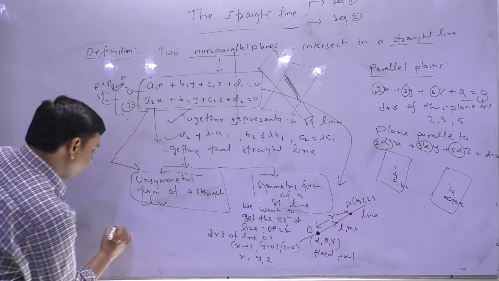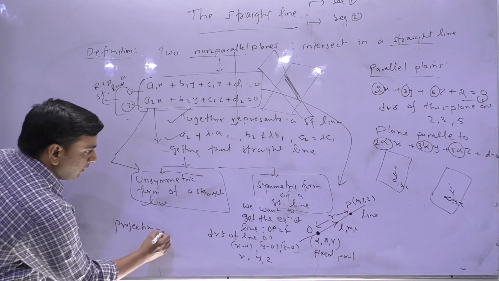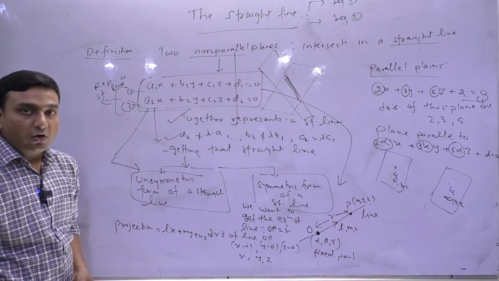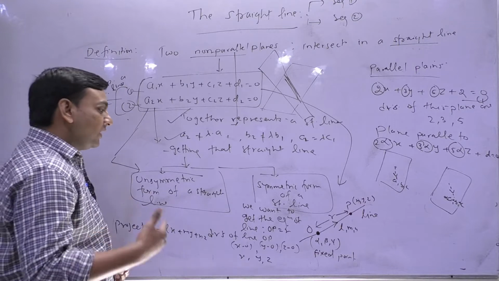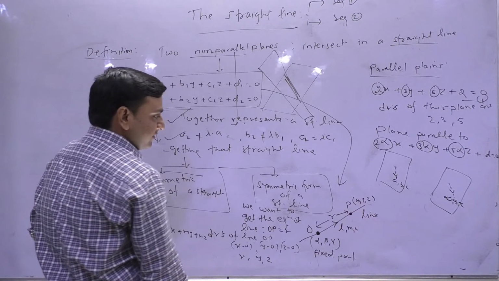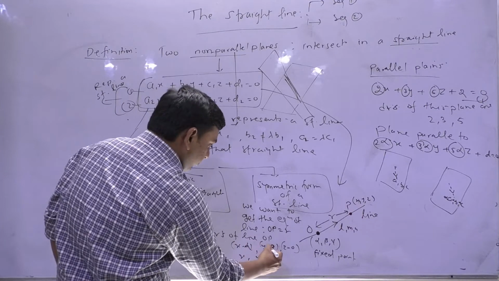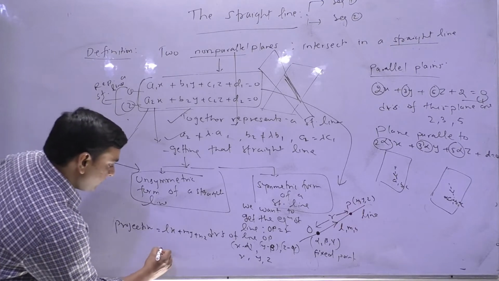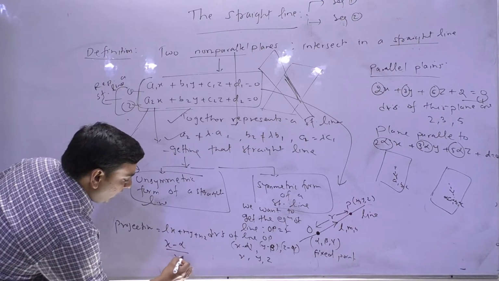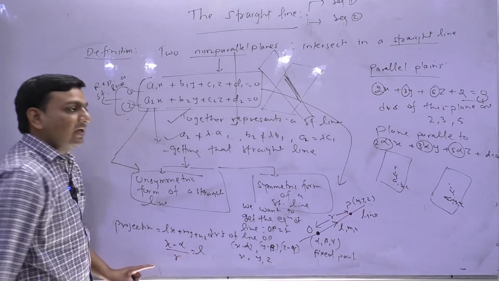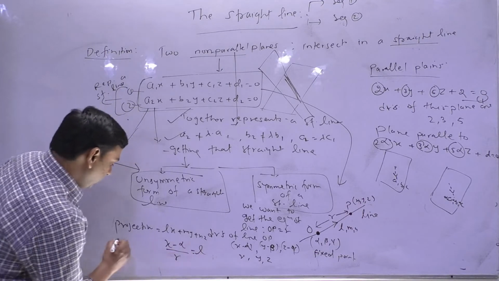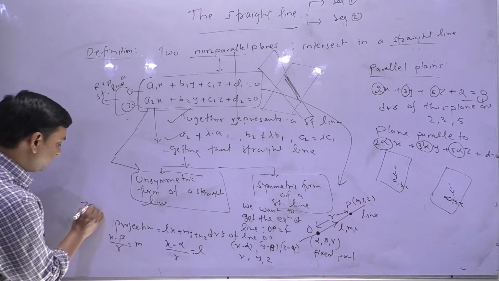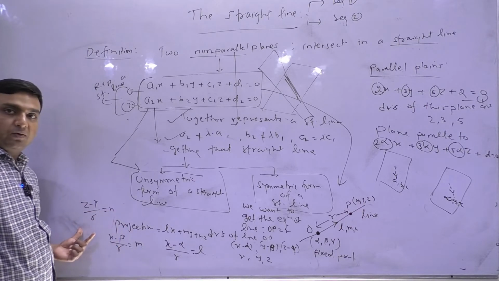तो projection क्या मिल जाएगा मुझे? lx plus my plus nz. This you can talk or not? Or in other words, what I can say is, अच्छा, this is not 0, this is alpha, this is beta, this is gamma. Or you can say x minus alpha upon r is nothing but l only. y minus beta upon r is nothing but m only. z minus gamma upon r is nothing but n only.